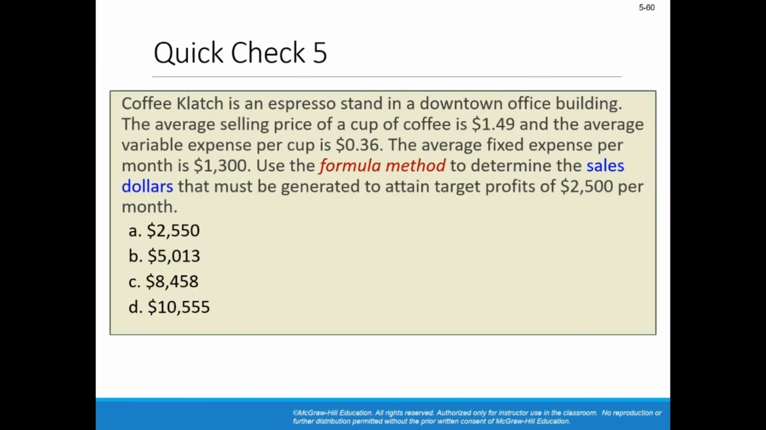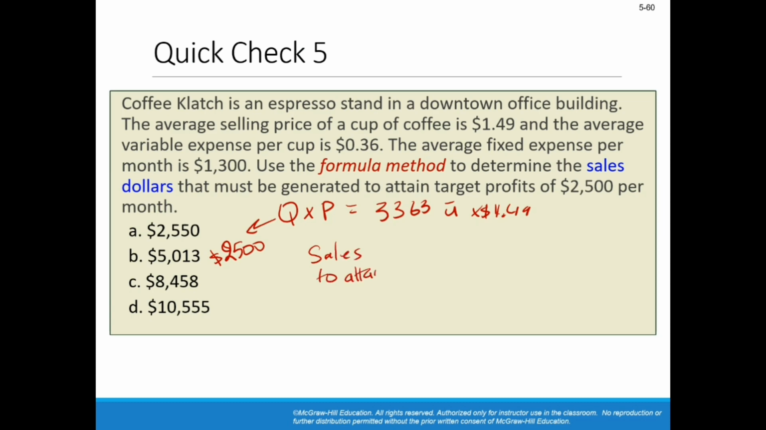The same question, but this time they are asking in terms of sales dollars. You can play it smart and multiply Q by P, the Q to get a profit of $2,500, which was computed in the previous slide, which is 3,363 units multiplied by $1.49. But assume you will get the right answer. Assuming that you don't know this, you don't know Q, you will have to get sales to